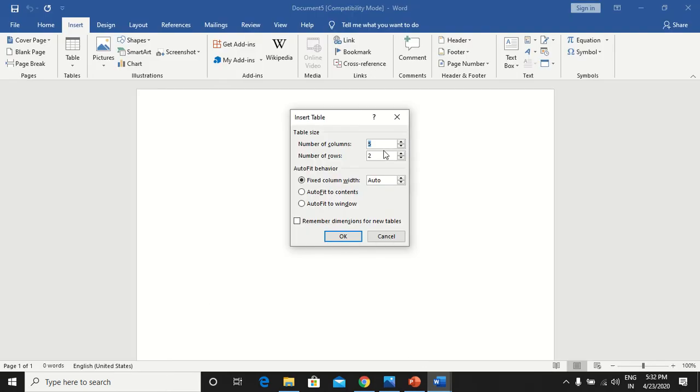So I will write 7 columns. I will enter 9 rows. Number of rows are 9.